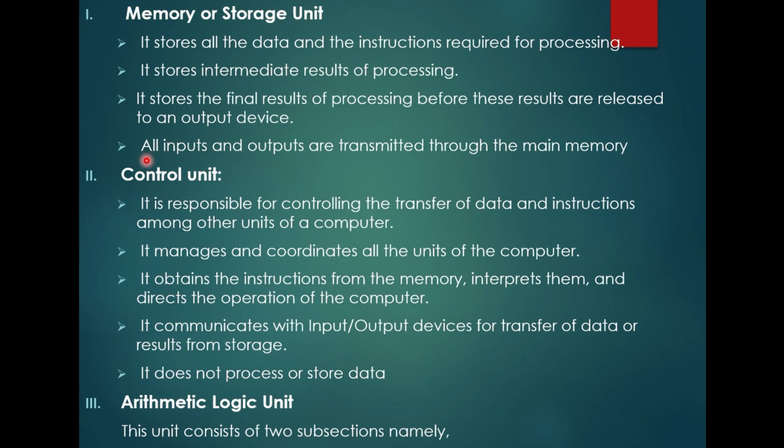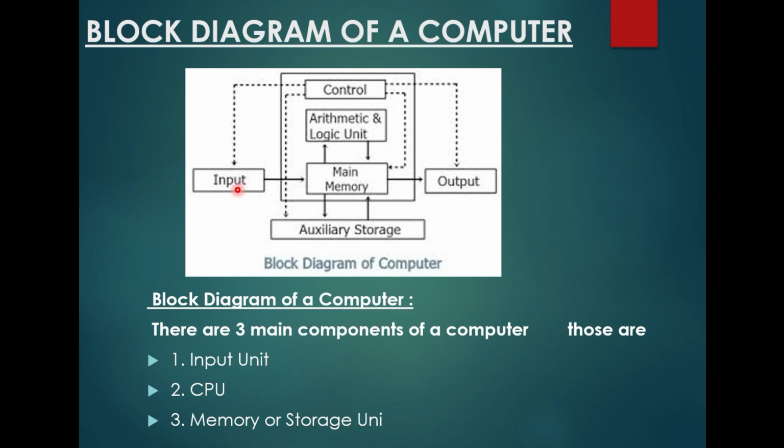For example, if you want to send input number 5 to print on the output, first it has to travel. I will show this in the block diagram of the computer. If you want to print an output number 5, you have to travel through this diagram. First you have to enter input number 5. It is taken into the control unit and given to the main memory, and complex operations and functions are performed on that number, and it is given to the main memory, and finally it comes out of the